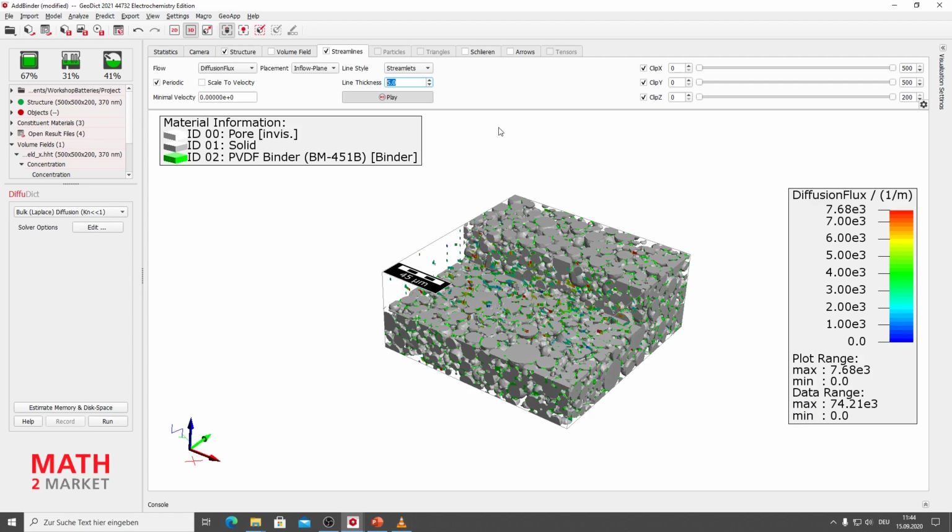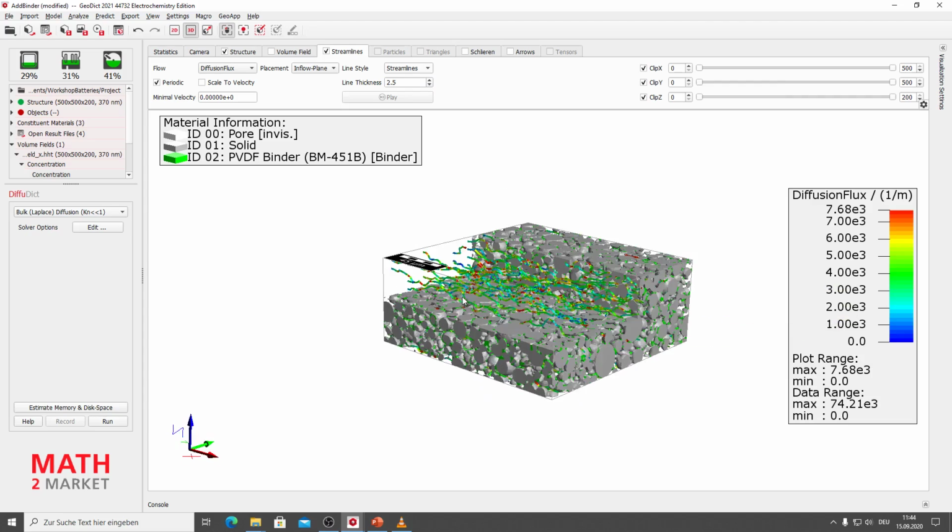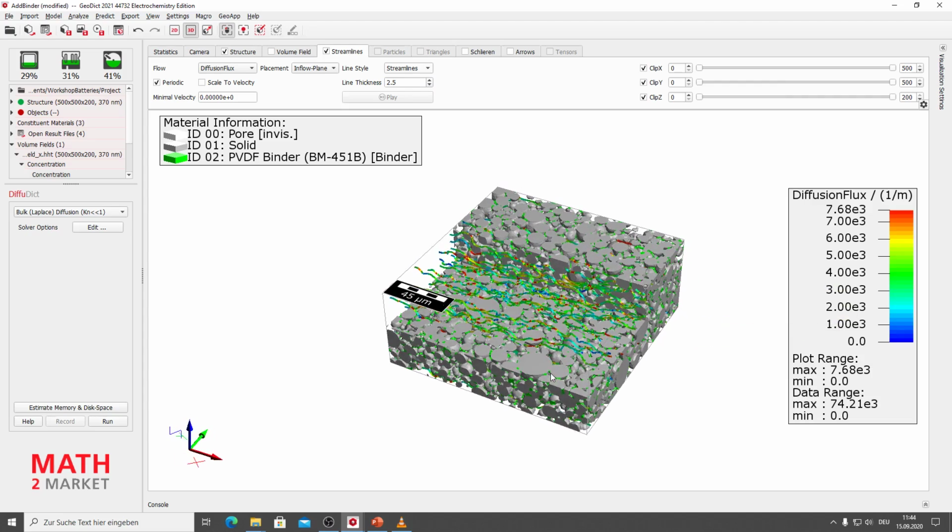As we're going to leave this as an image, we're going back to Streamlines. Make it a little bit thinner again because that's just too much now. Maybe 2 or 2.5. And choose an angle that you like. So maybe something like that.